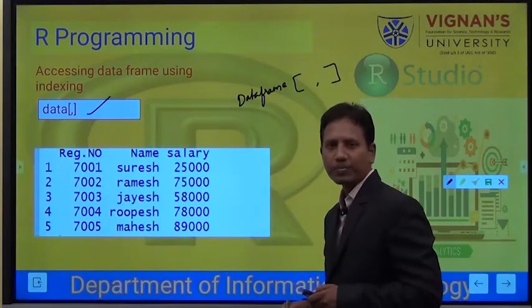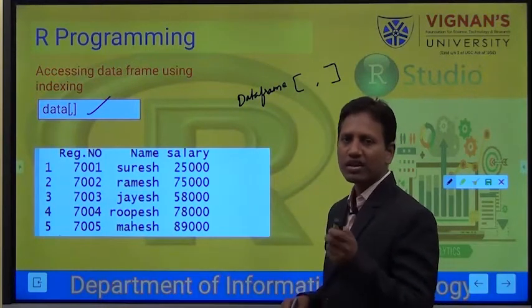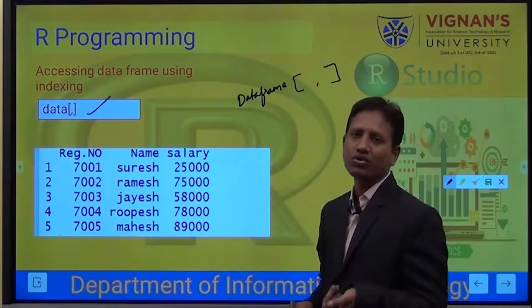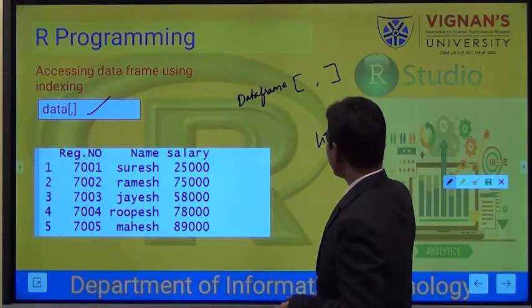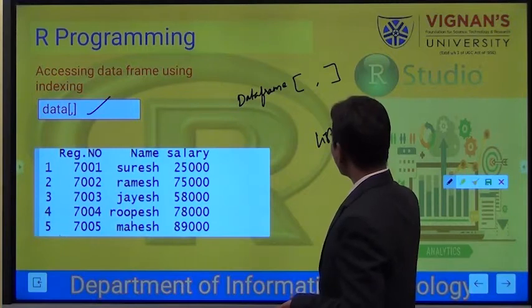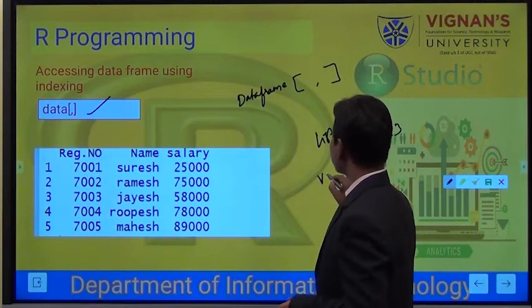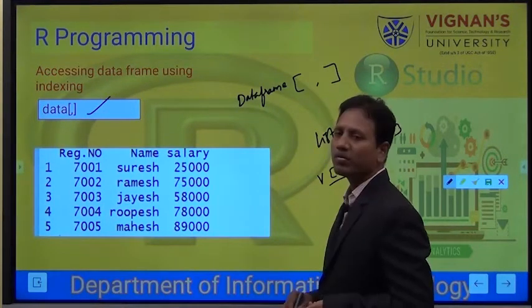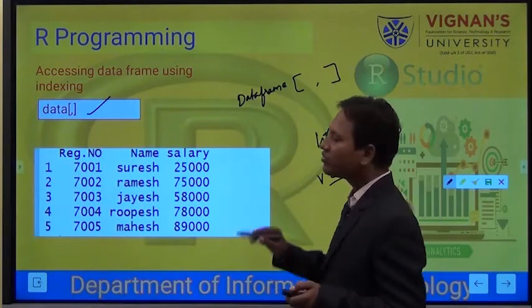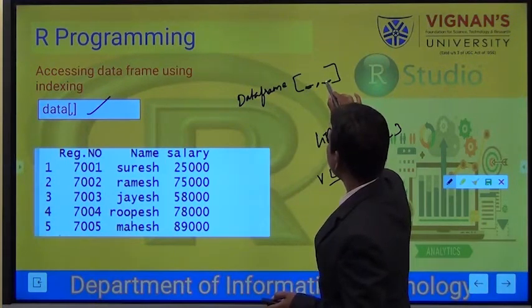Why am I using this comma? Because for a list I won't use it, and for a vector I won't use it. For a list I'm going to use double brackets. For a vector I'm going to use a single bracket. Here I'm using a comma to separate the places, this place and this place.